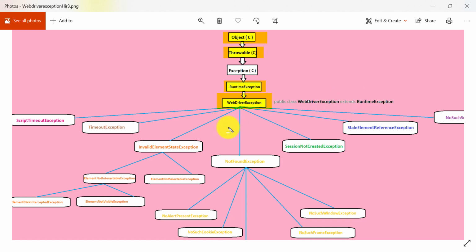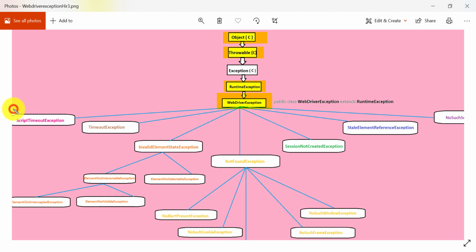We are going to see the top 15 WebDriver exceptions. Here I have listed a few important direct subclasses of WebDriverException. There are a few more direct subclasses, but these are the important ones that we get more frequently while working in Selenium automation.